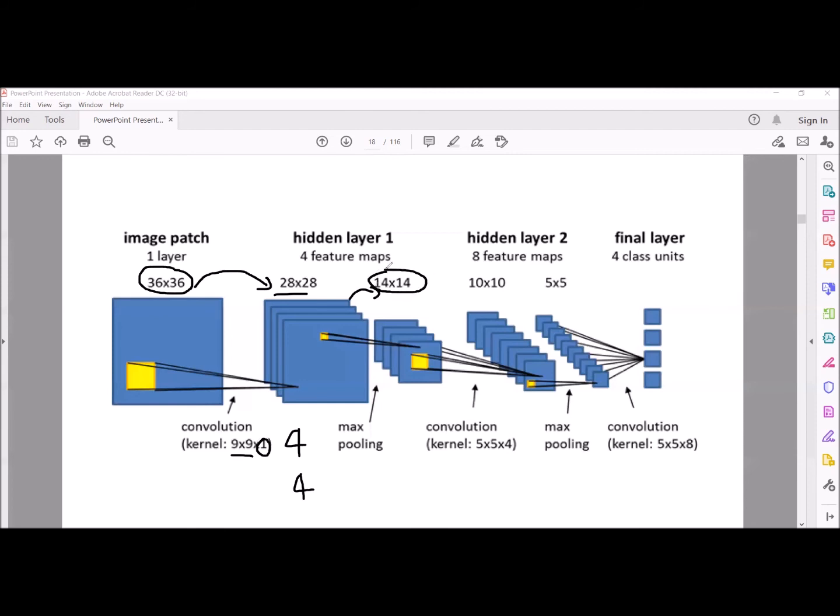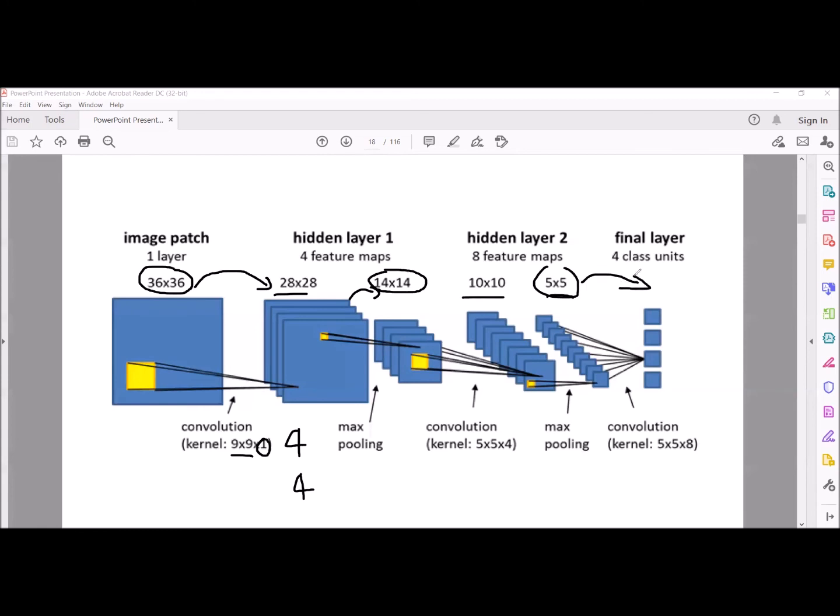We will discuss later how the size is decrementing to 28 by 28, what a feature map is, and what max pooling is. But as of now, for our understanding, instead of taking an artificial neural network, consider the CNN, where the input size 36 by 36 is getting reduced to 5 by 5. Here you can observe 10 by 10, then 5 by 5. Finally, we are flattening it.